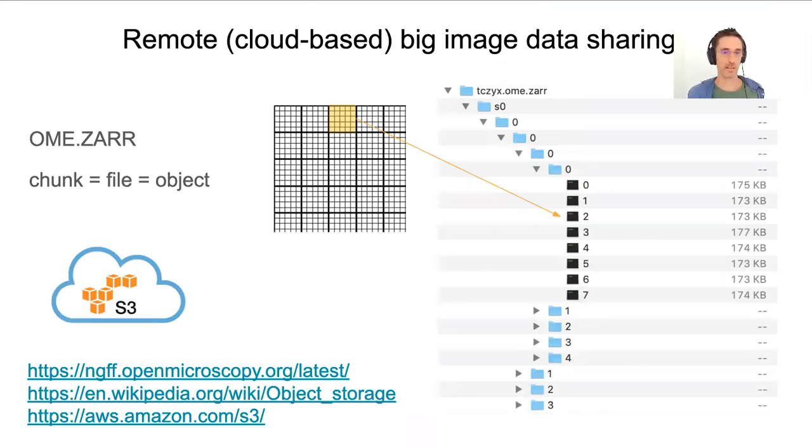There are different ways. One way we support is the OME-ZARR way. And there the concept is quite easy. You just say each chunk is a file. So for example, how this would look like if you would store a 5-dimensional data set like this on disk, with time, channel, z, y, x, then here actually the first